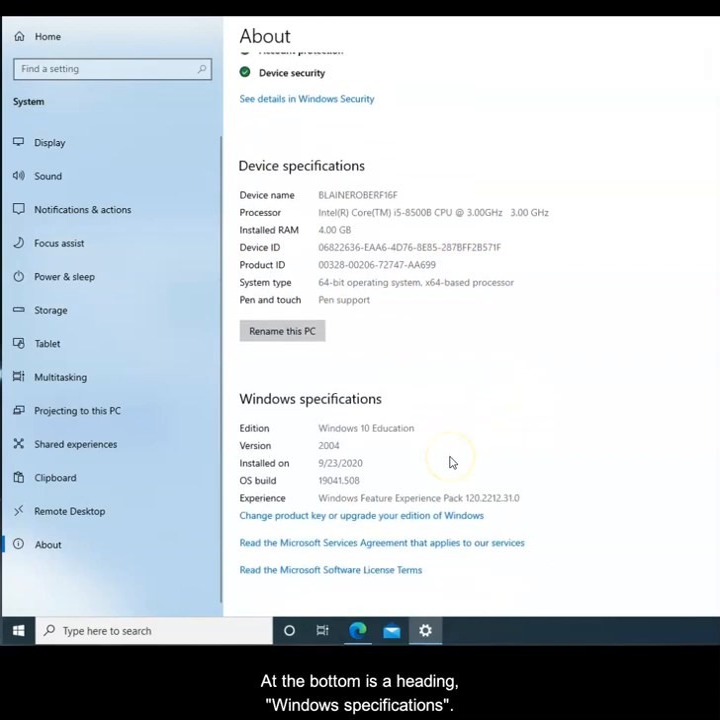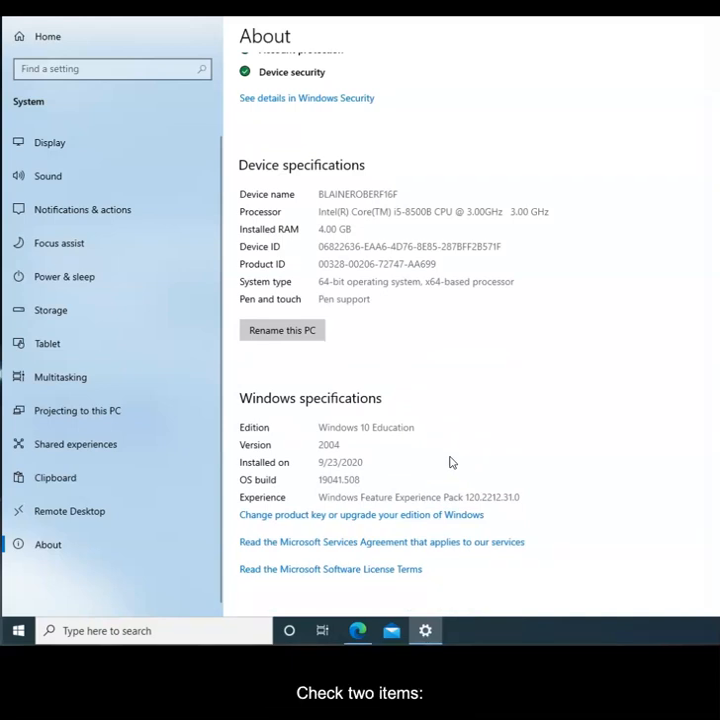At the bottom is a heading Windows Specification. We will check two items. If your processor found in the Device Specifications area is an x64, then the version number found in the Windows specification list must be 1903 or higher, and the OS build must be 18362 or higher. If the processor is an ARM64 system, then the version number of your Windows install must be 2004 or higher, and the operating system build must be